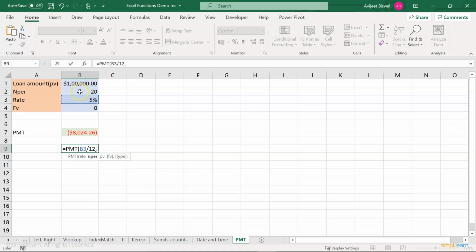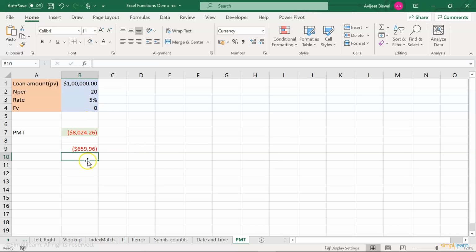My NPER this time would be 20 multiplied by 12 since we are calculating for months, comma. My present value is $100,000, comma. My future value is 0. And if you want the type, you can enter 0, which is end of the period. If I hit enter, so the monthly payment would be nearly $659 or $660.